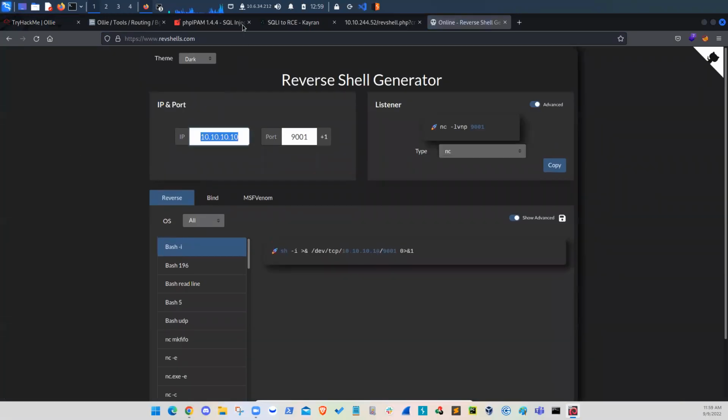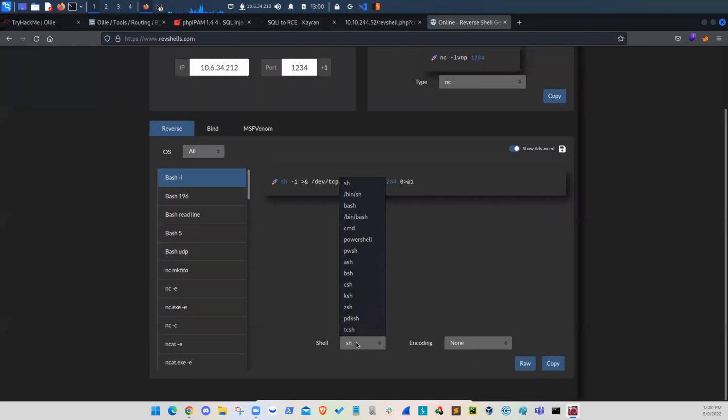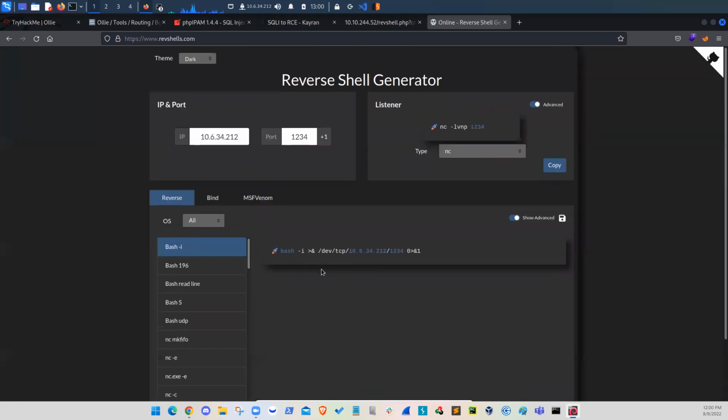And my VPN IP is 10.6.34.212, and I can use listener 1234. And I can go to bash because this may work as well, but I've tried bash, so I don't know what is better. So this is the typical command. What I need to do is execute that, and I need to put bash -c, and I will take the whole command as one string and get it executed. So this is really the command now that I need to put over to